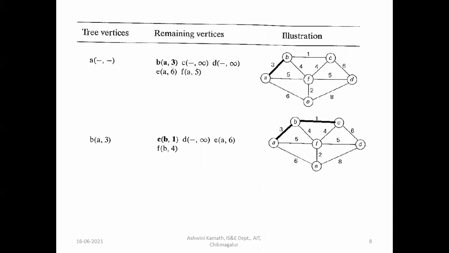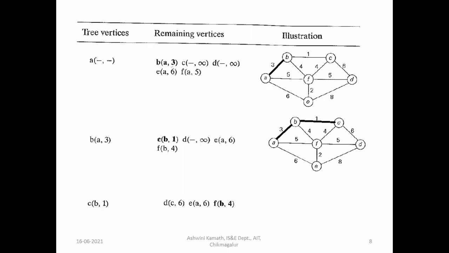So, okay, B to C, which is equal to 1, will be selected, and vertex C will be added to the tree, and edge B to C will be added to the tree. Okay, then again remaining vertices are D, E, and F. Now from C to D, it is 6. A to C to D, it is 6, and the previous vertex only it will be selected, because C to E is also not there, B to E is also not there. So previous vertex A to E, which is equal to 6, will be selected.